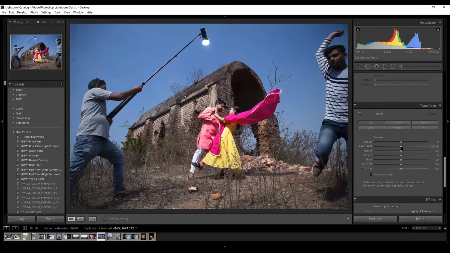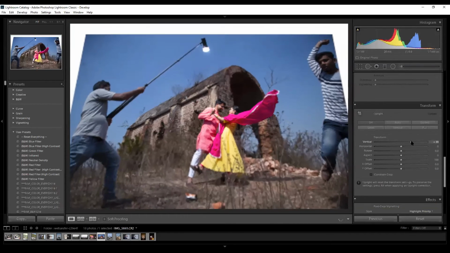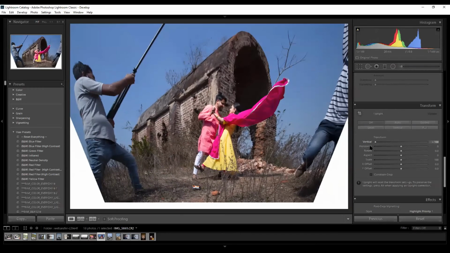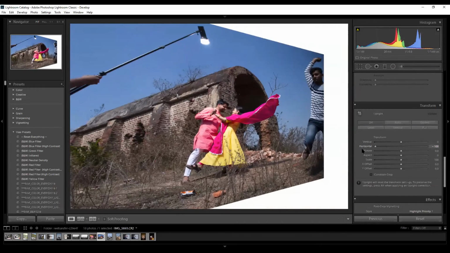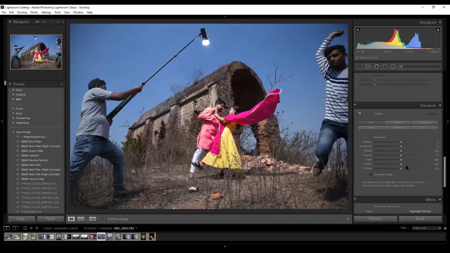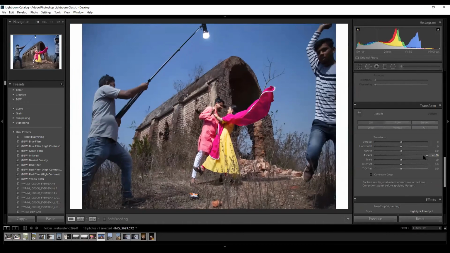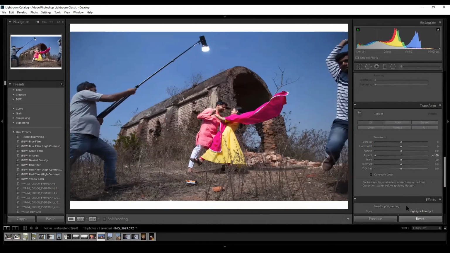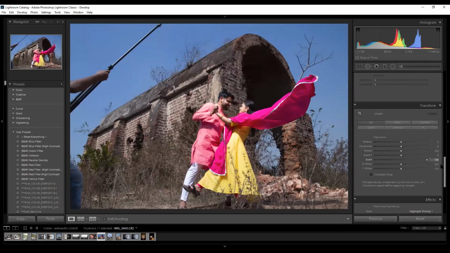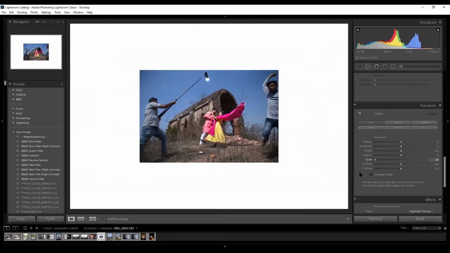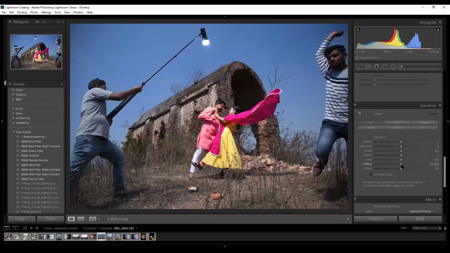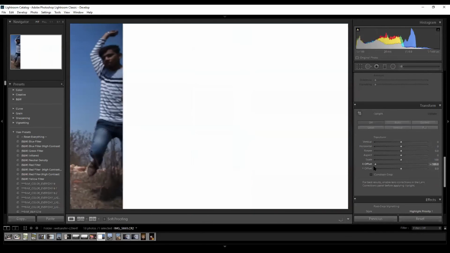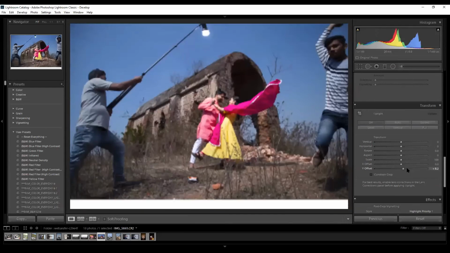This is basically a transformation tool which will try to transform your image vertically and horizontally, change the aspect ratio of your image, scale from front to back, scale the canvas, and set the axis point, right to left, top to bottom.